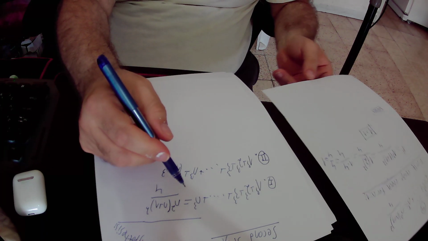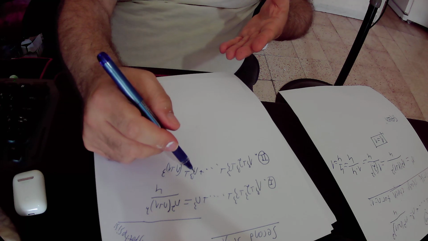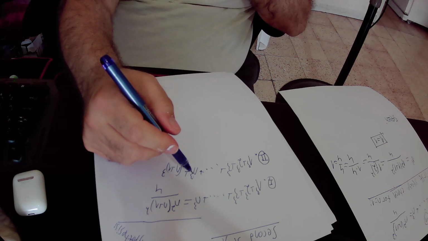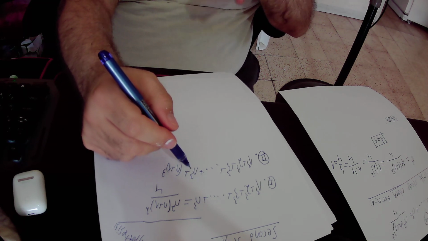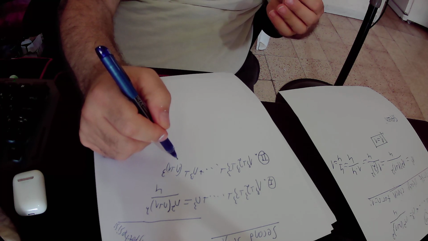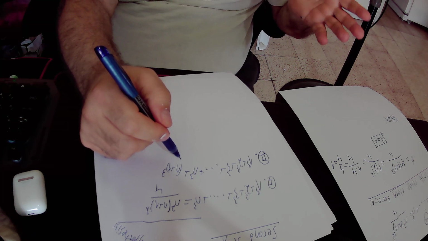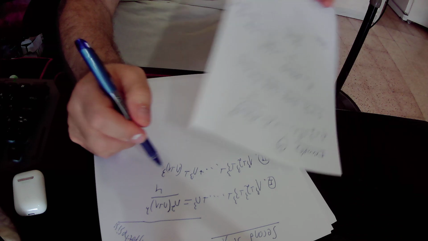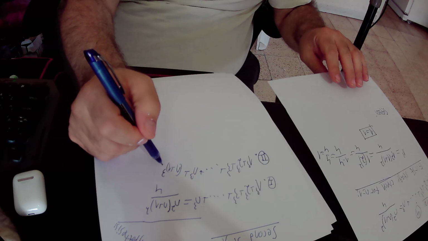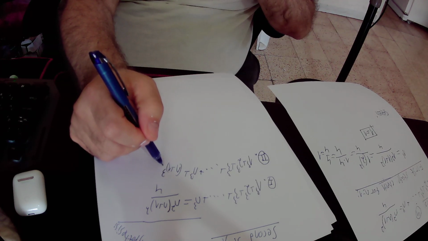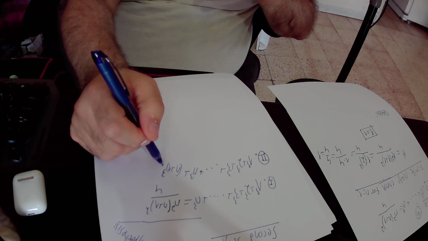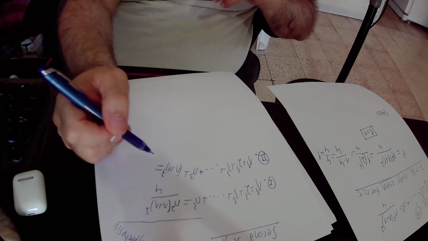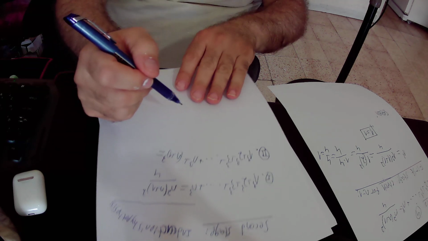Okay, so we will add numbers, not until n, but until n plus 1, because we want to prove that the statement is true for n plus 1. So plus (n plus 1) to the power of 3 equals to, here